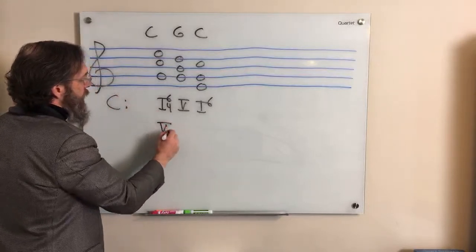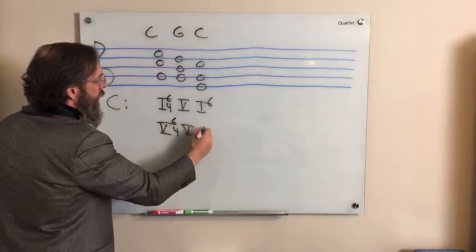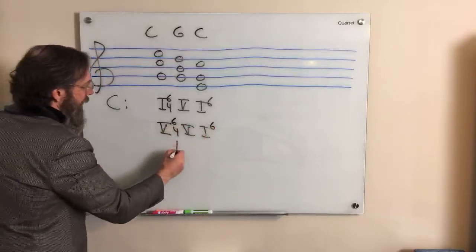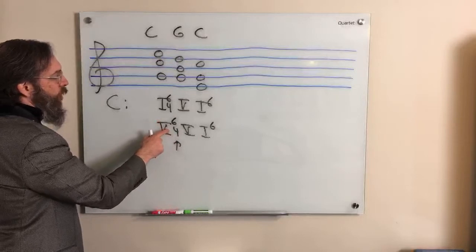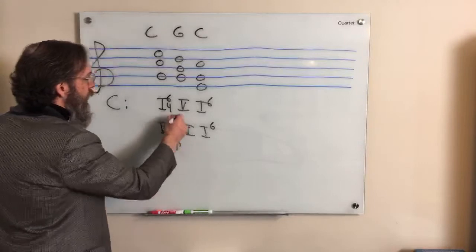Other music theory textbooks will call this V 6/4, 5/3, I. So in this case, they are not saying that this is a C major triad in second inversion. So here, the 6-4 is